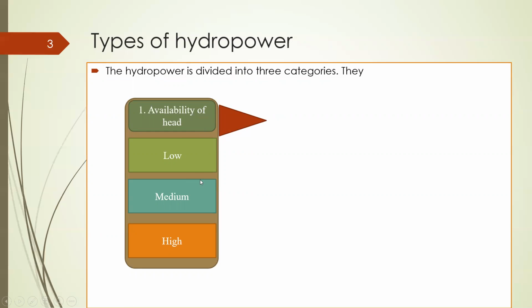Low head. Low head is typically less than 20 meters. Since the generated power is a function of head, these systems are typically classified as small scale hydropower, which has installed capacity of less than 5 megawatt. Medium head. The net head varies from 30 meters to 150 meters, and its power capacity ranges from 20 megawatt to 100 megawatt. High head. The net head of a high head hydropower plant is more than 300 meters, and its power capacity is more than 100 megawatt.